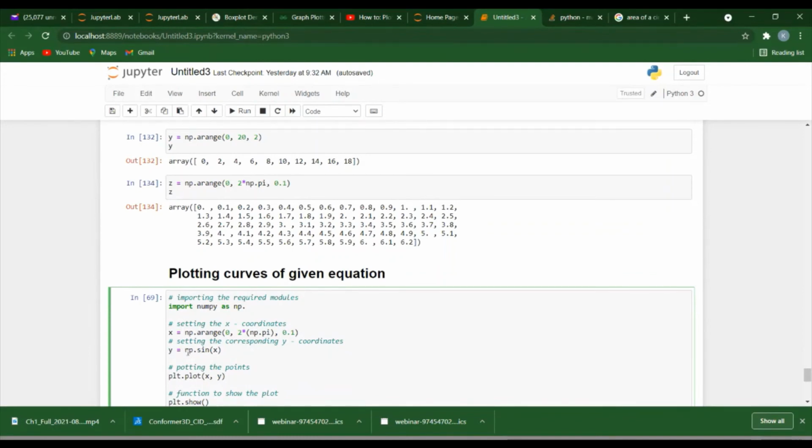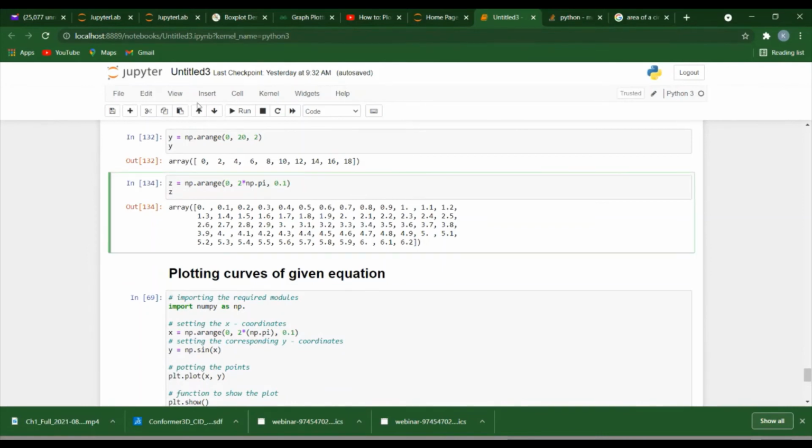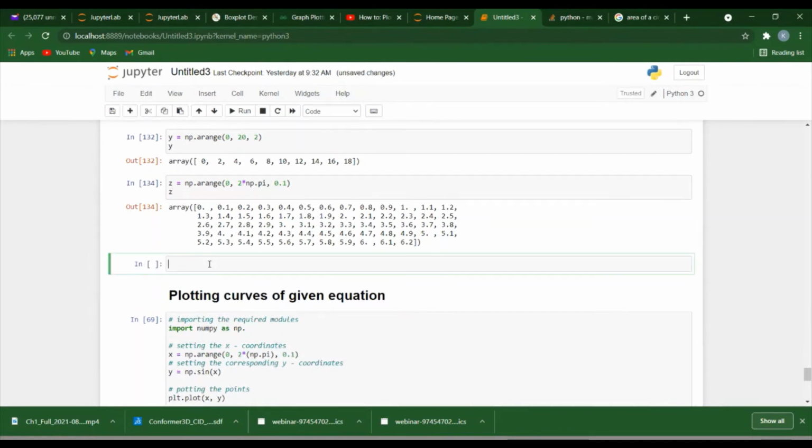Their y now. They say their y is equal to numpy sine of these values. Can you see how people think? So let me use z. They are saying that their y is equal to numpy sine